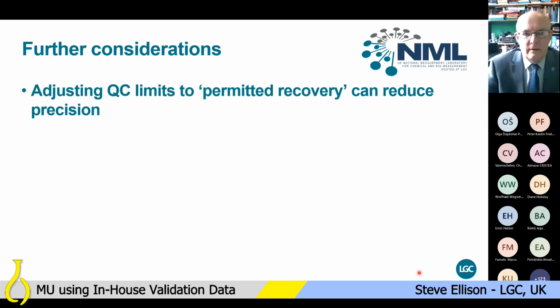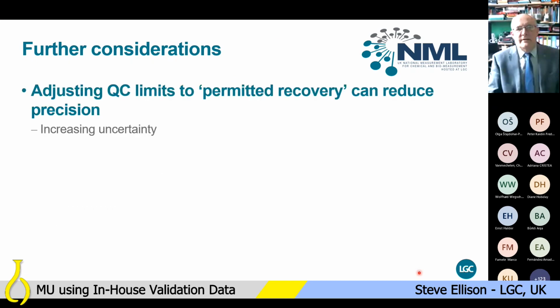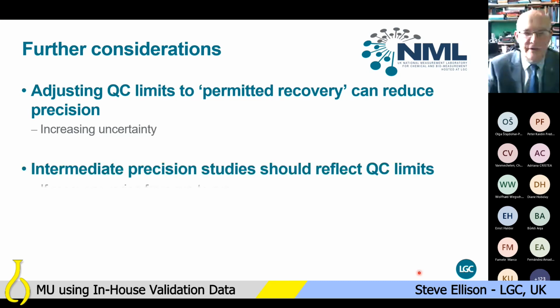So we can see that including some kind of permitted limits that are over and above our normal precision control limits, they're not statistical process control, they're regulatory permission. So they're likely to be wider than the statistical process control limits. We can see that that could, in principle, increase the dispersion, reduce the precision, and that means larger uncertainty.